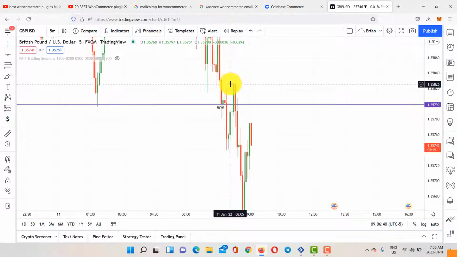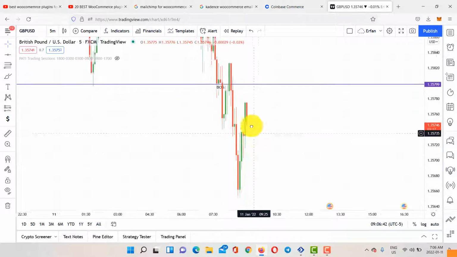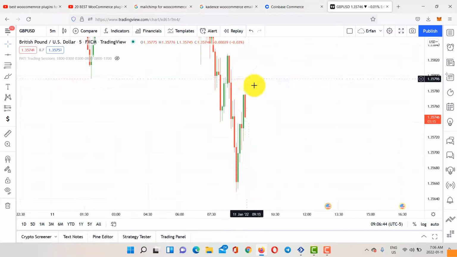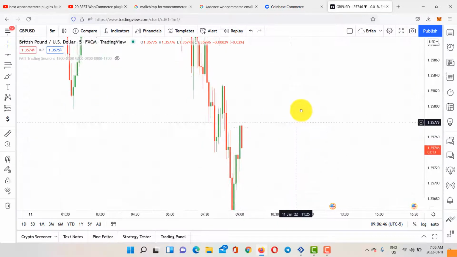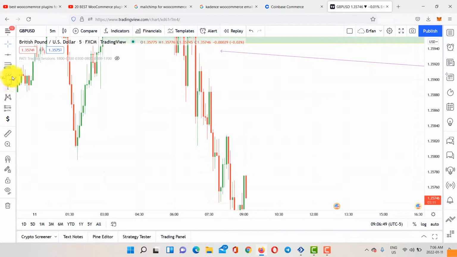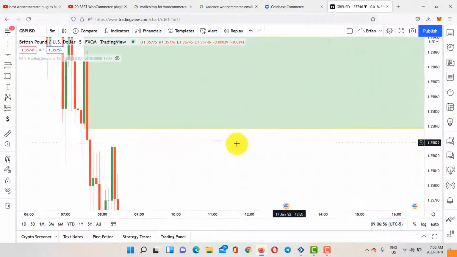It actually did a little bit of correction. However, it broke into it again, which kind of makes it low probability, but it dropped significantly. So I'm gonna remove this line. I'm gonna go for all the available gaps that we have. So we have this available gap